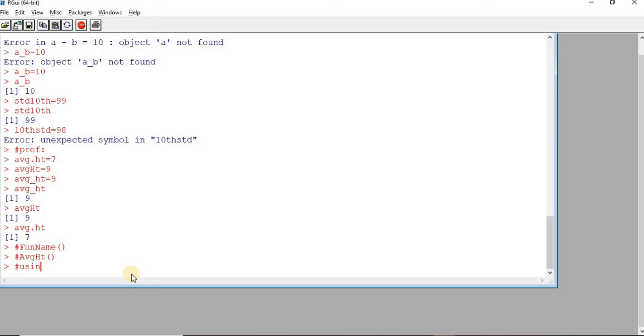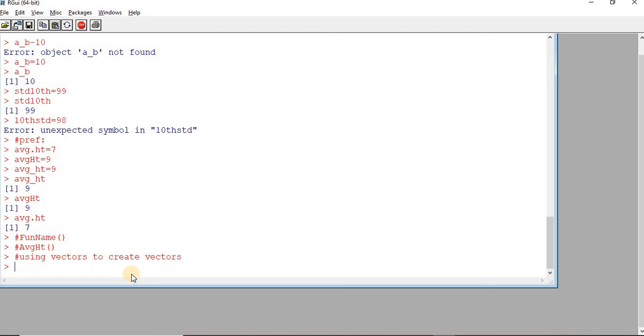Next is using vectors to create vectors. So let us create a variable day. So c is a function. It is the combine function or concatenate function. And so on.